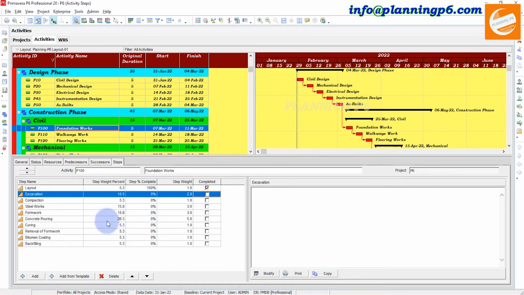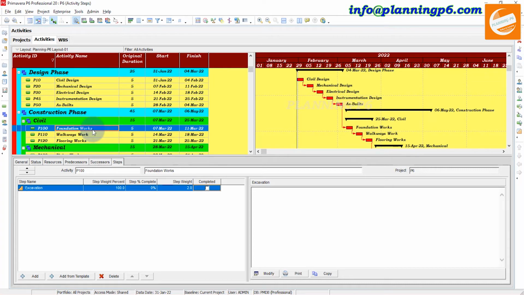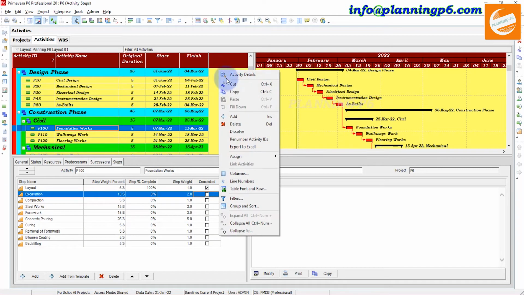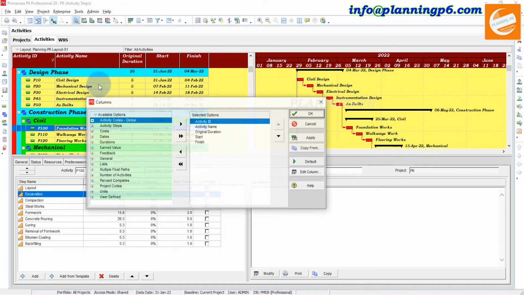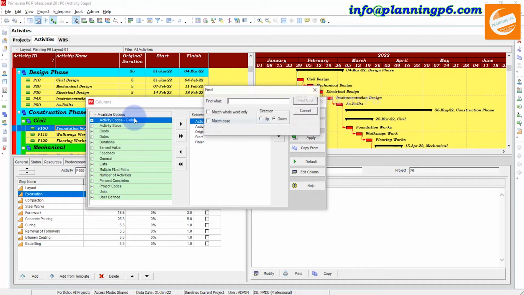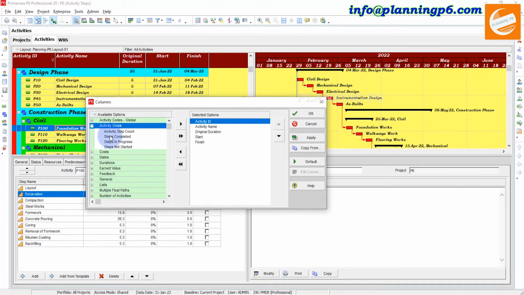Now how can we see against the activity here, without clicking on the activities, how much this activity is completed? Go to the columns and find the template's activity steps, or find the number of steps. Activity Steps is the second one; open it.